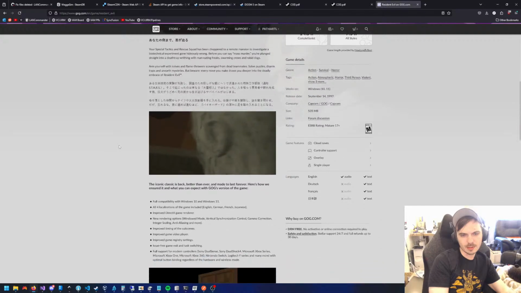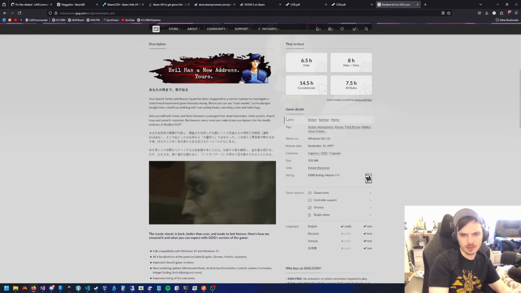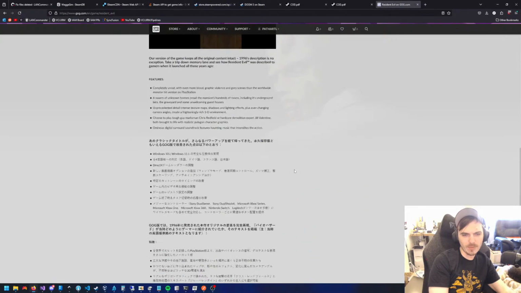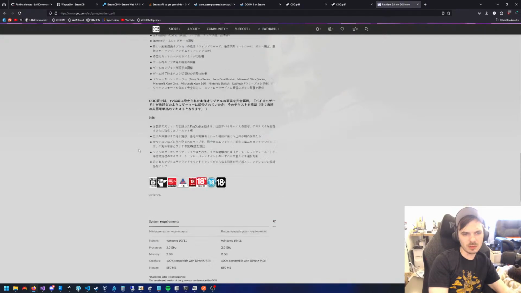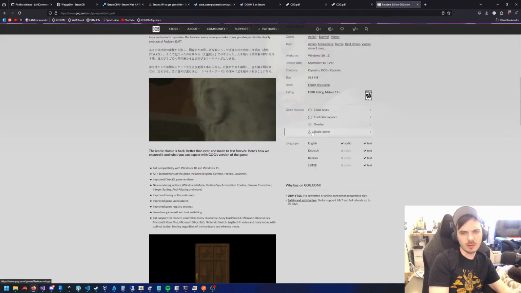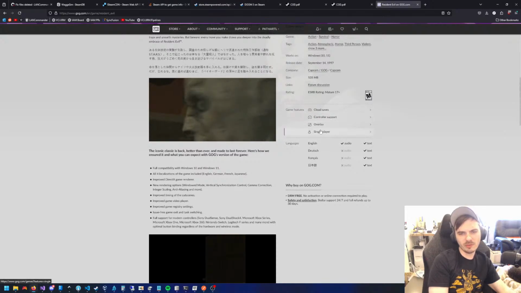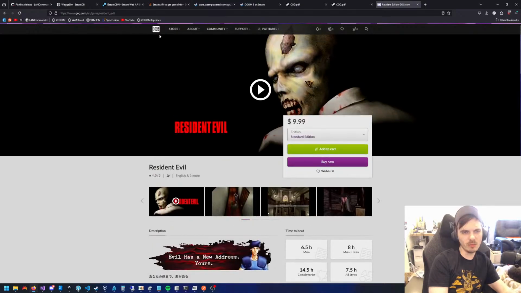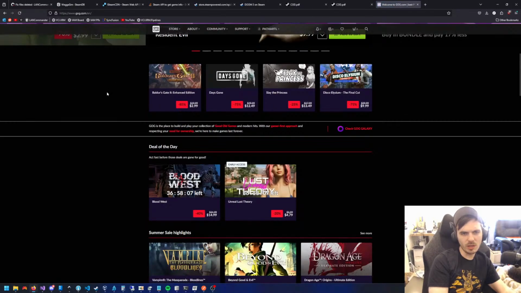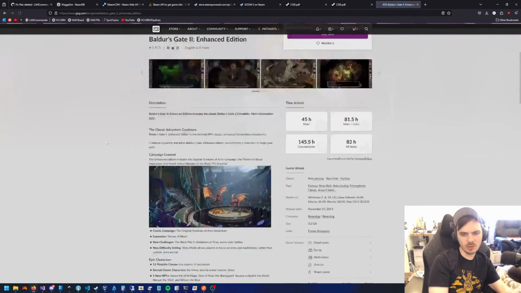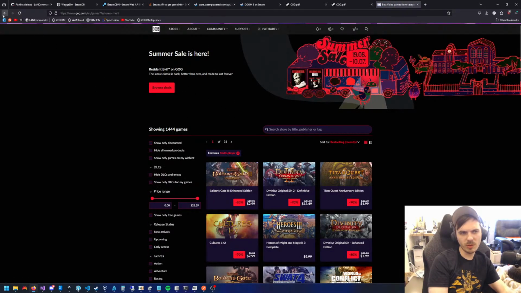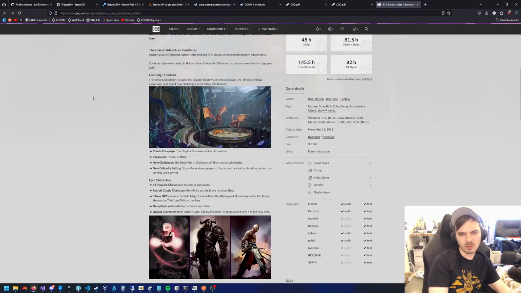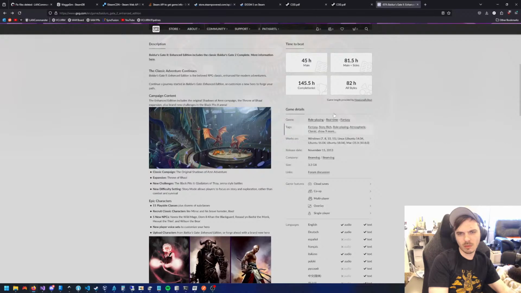But there's some stuff that's just missing here. Okay, they have system requirements, which is cool. Famously, they don't provide much info about multiplayer. Not that this is a multiplayer game, but if you went to search, let's do Baldur's Gate 2, they'll have multiplayer, but they won't say what modes of multiplayer it has, which is really annoying. Anyway,